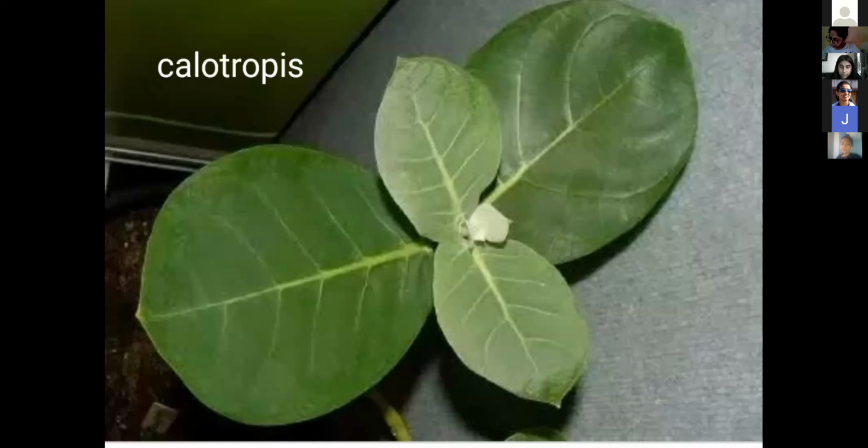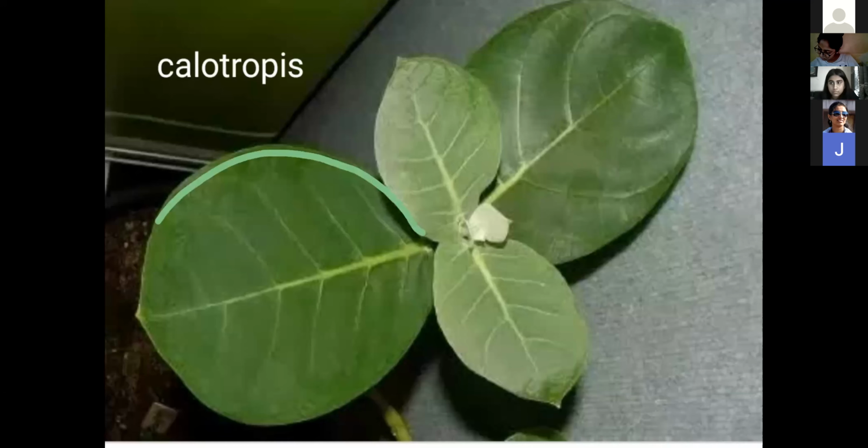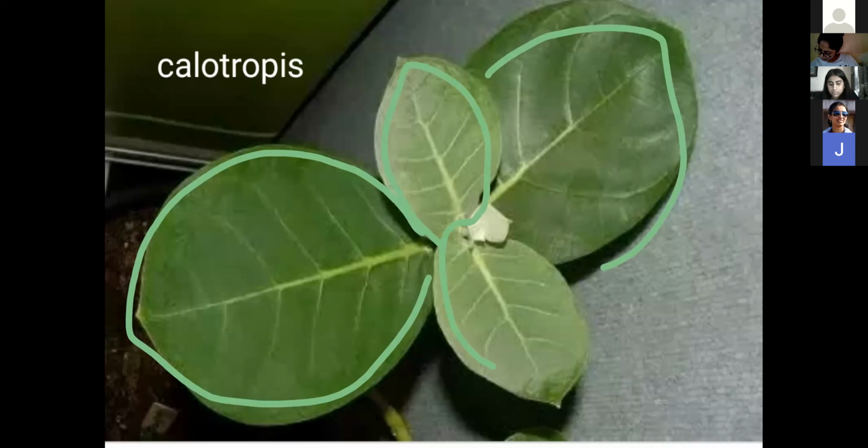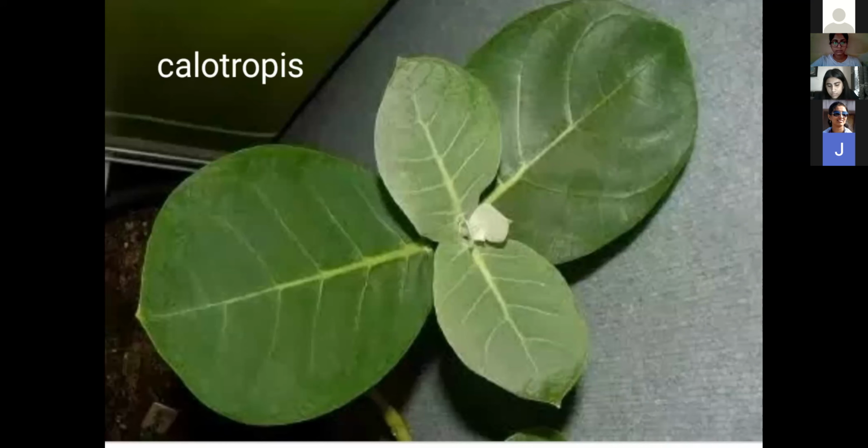Right? See over here, calotropis. Can you make out? In calotropis, one leaf on the lower side and the leaf just above it forms at a right angle. Can you make out this thing? And over here one more thing. I told you about sessile leaves, petiole is absent in the case of calotropis. See over here petiole is absent. Directly on the stem axis this leaf is present. Stalk-like structure है ही नहीं.